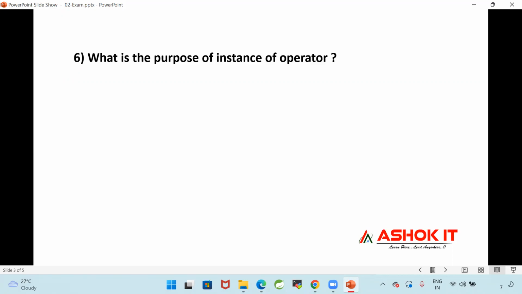What is the purpose of instanceof operator?